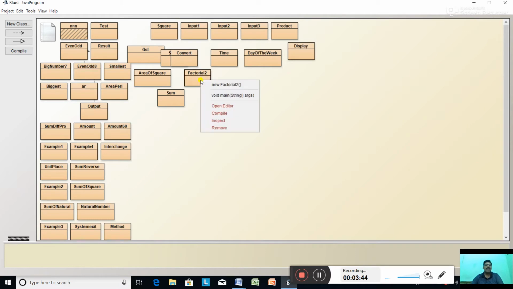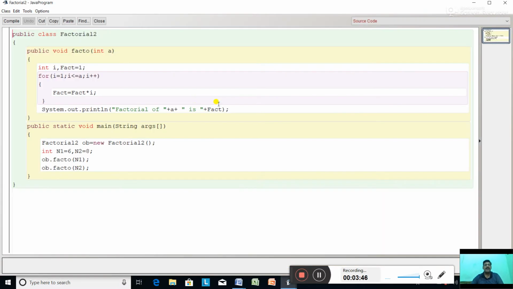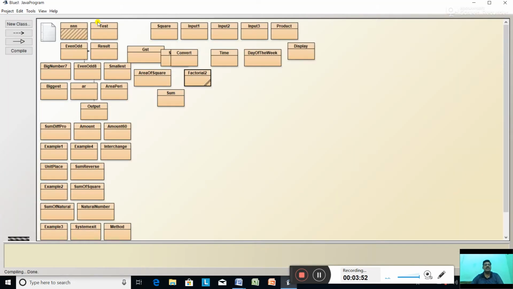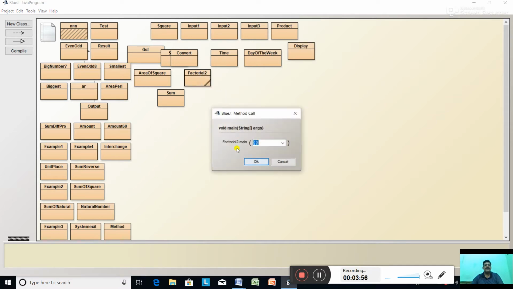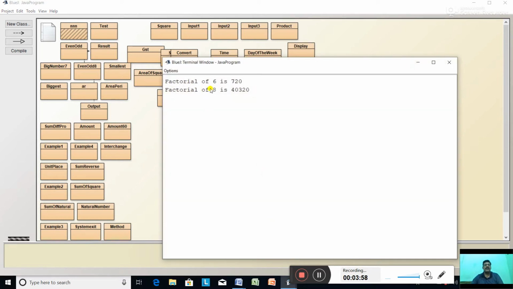Yeah, here. The same program. Compile it. No syntax error. Close. Right click. Void main. Okay. Factorial of 6 is 720. Factorial of 8 is 40,320. Twice the function was called and output came.